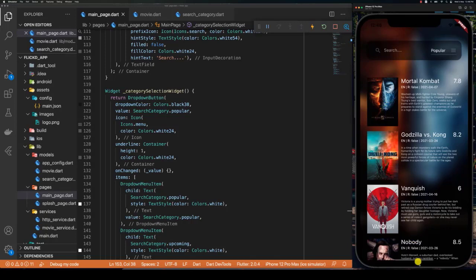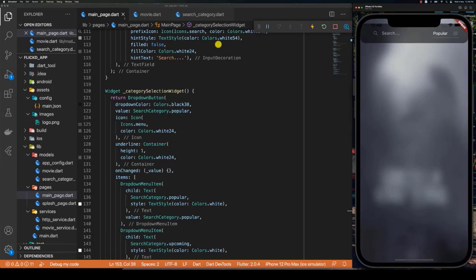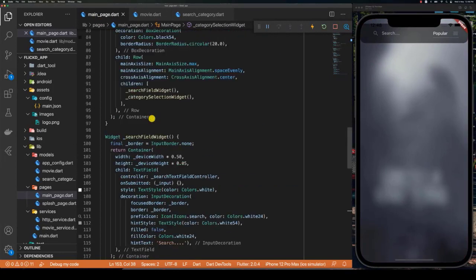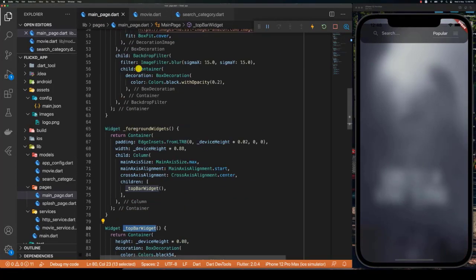So to get started, what we're going to do is go back to our main page and go to the function which is responsible for generating the foreground widgets. And to that, we're going to be adding the widget which is going to be responsible for showing our movies list, and the widget that we're going to be creating is going to be a list view. So without anything further to do, let's look into how to build this kind of a